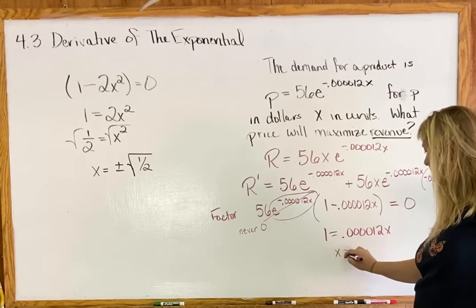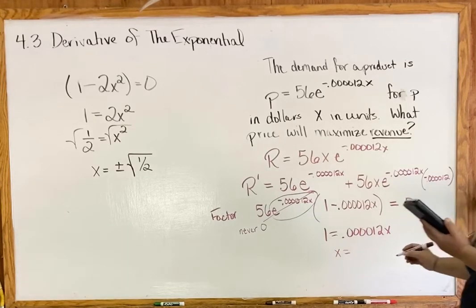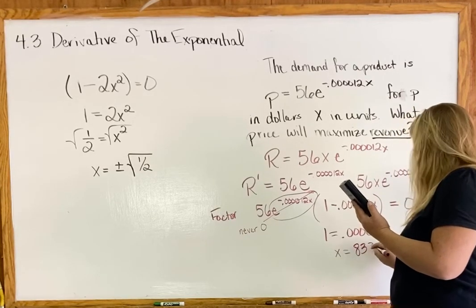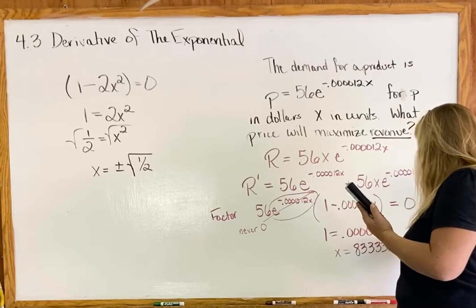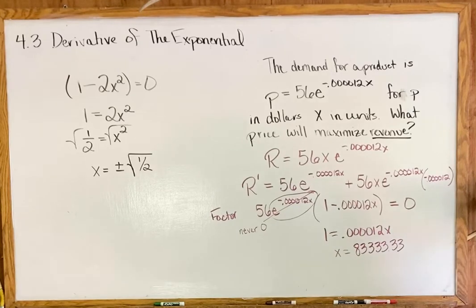So if we divide 1 divided by 0.000012, boop, I got an x of 83,333.33. All right, so our x ends up being 83,333, and because x was in units, we can pretty much get rid of those guys there. So just